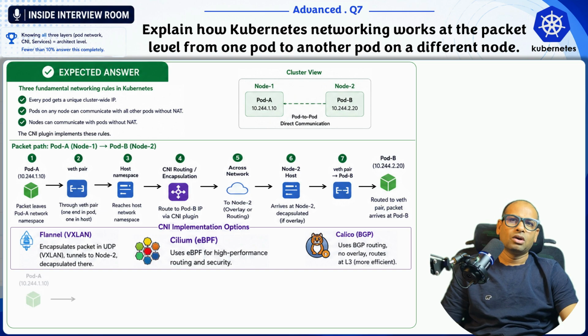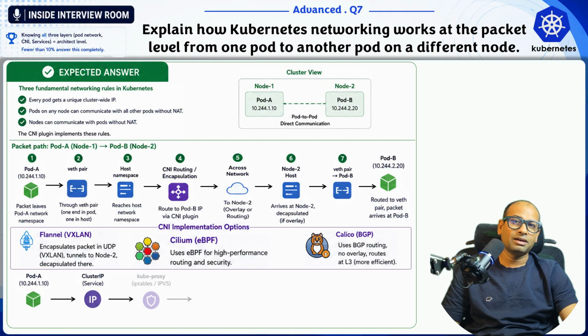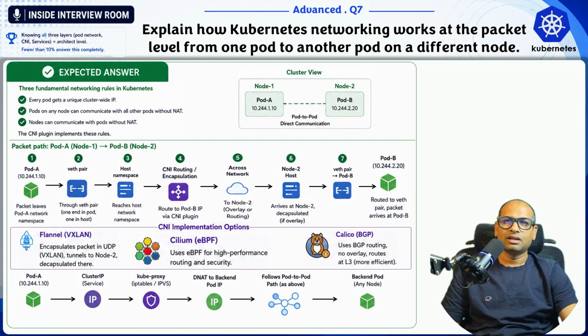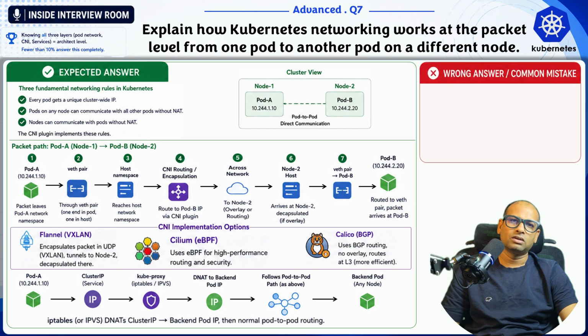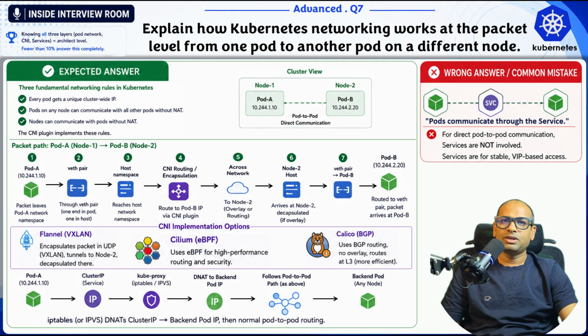Now, where do services fit? Only when you go through the cluster IP. Then the path is pod A, service cluster IP, proxy via iptables or IPVS, DNAT that virtual IP to the real backend pod. And from there, it's the exact pod to pod path we just traced. The service is just a DNAT step bolted into the path, which is why the killer mistake is saying pods communicate through